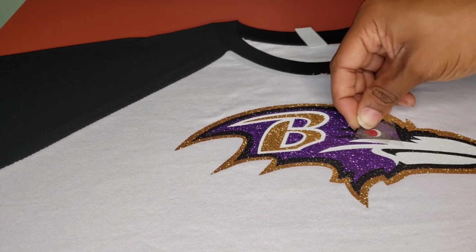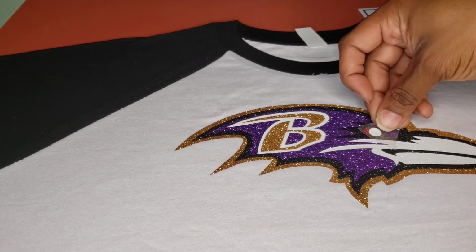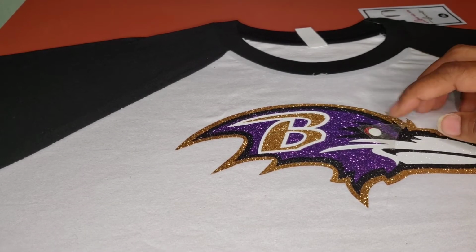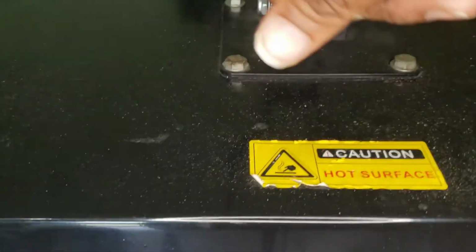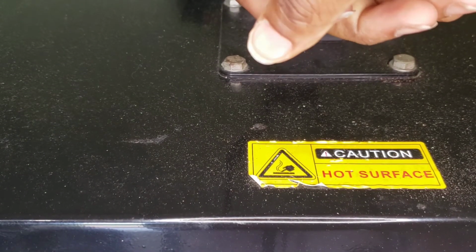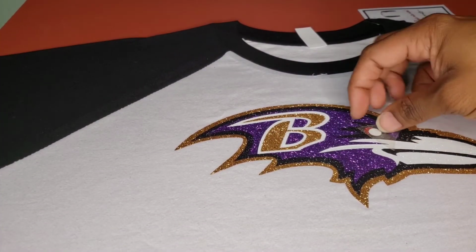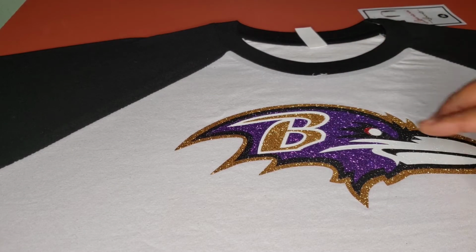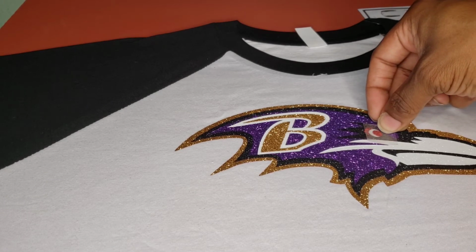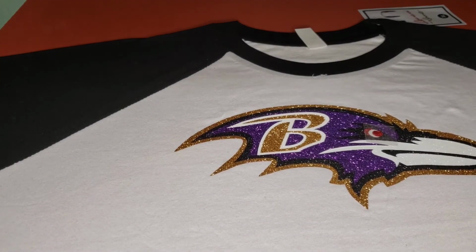Hold on. Okay. I'm just gonna kind of overlap it like an eclipse. 1, 2, 3, 4, 5, 6, 7, 8, 9, 10. Okay. White. See what you got for me. Okay. And then this other little speck. And this is one of those things where you can decide if it's worth it for you to cut all these mini micro pieces or...